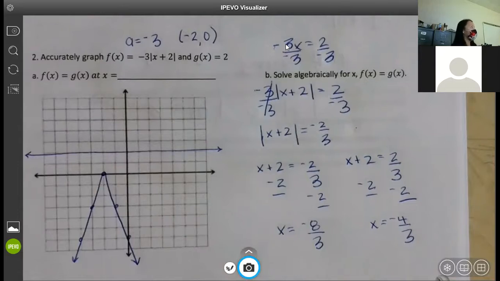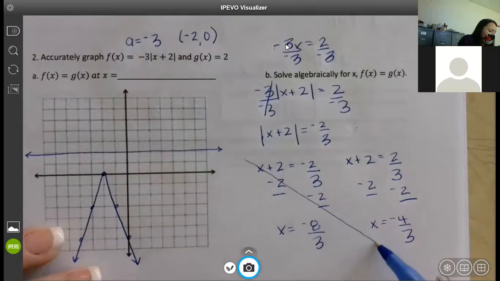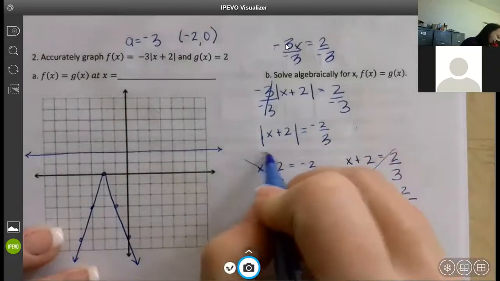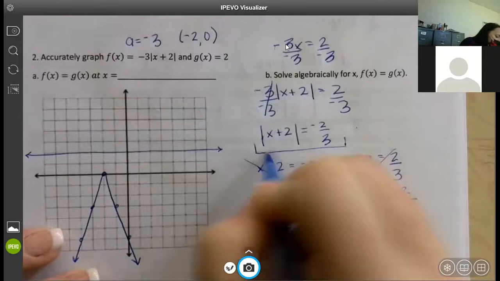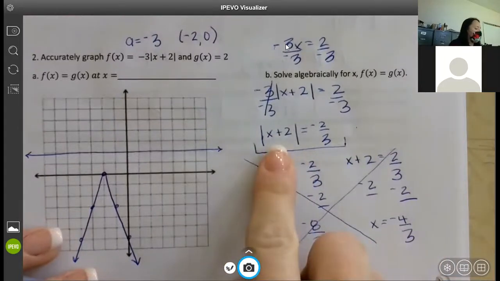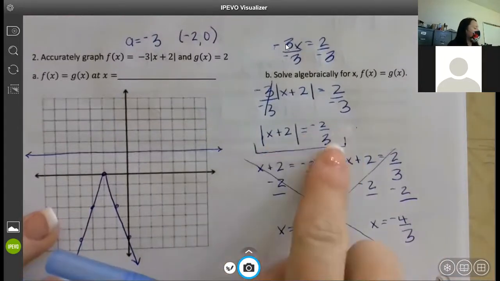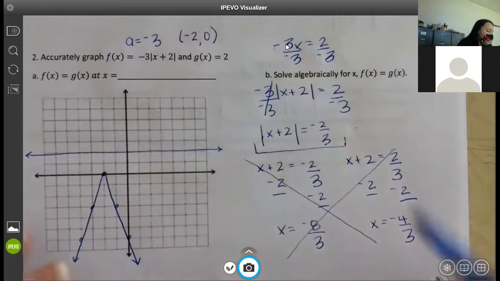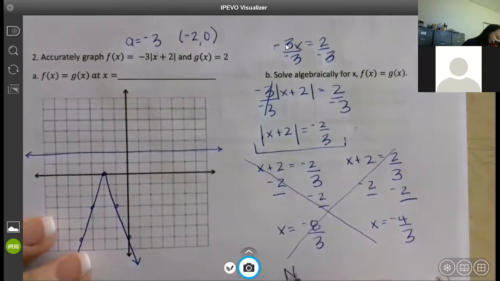They don't cross, right? So like on the last one, we got our answers, they cross, the 1 and 7. But on this one, they don't cross. Here's why they don't cross. None of this work is needed. None of this. At this point right here, can absolute value by itself ever equal a negative number? No, it's always positive. So this one